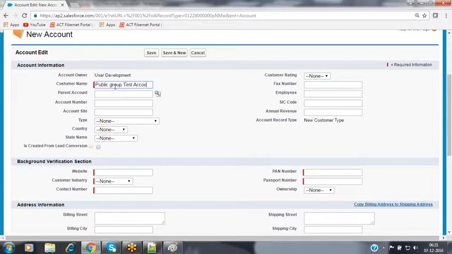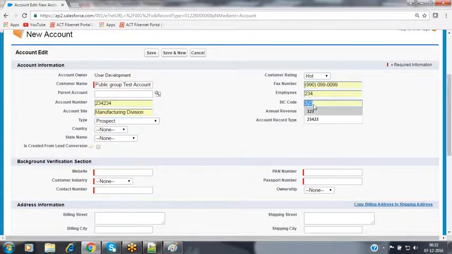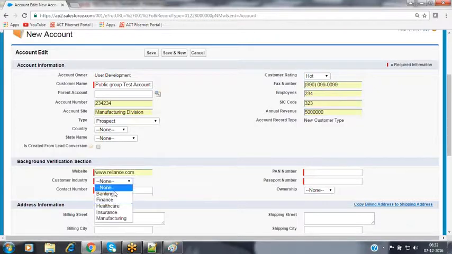Public group test account. This is an account record I'm creating right now. In order to create that record, I'm providing all the required values inside this account record.